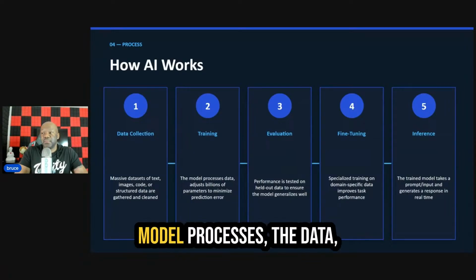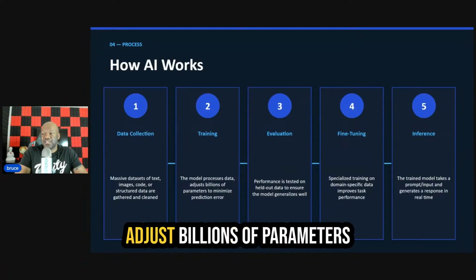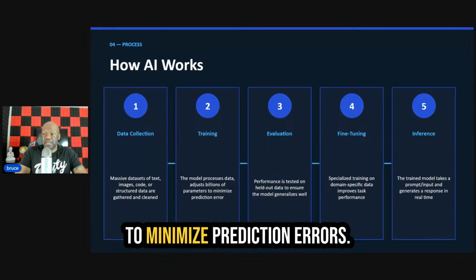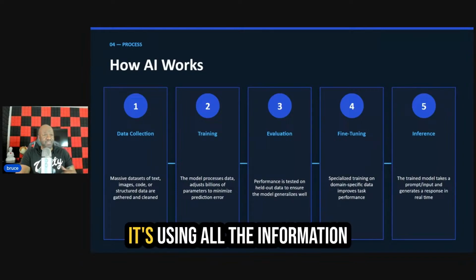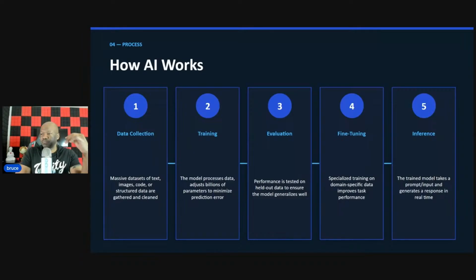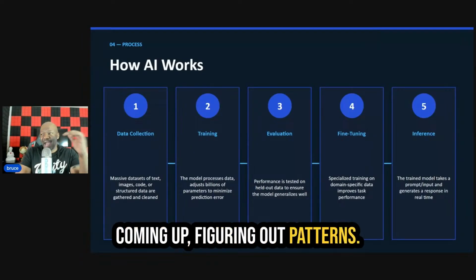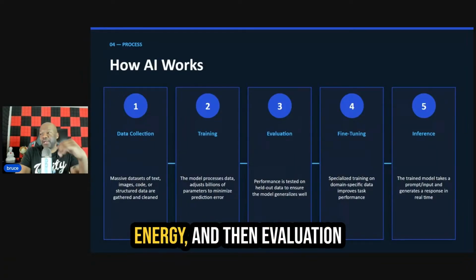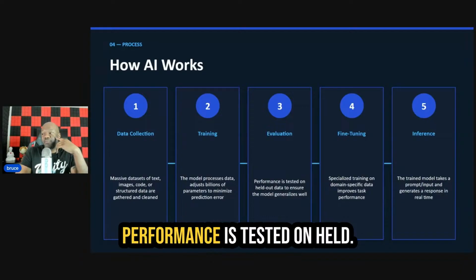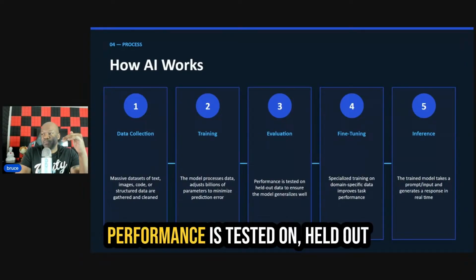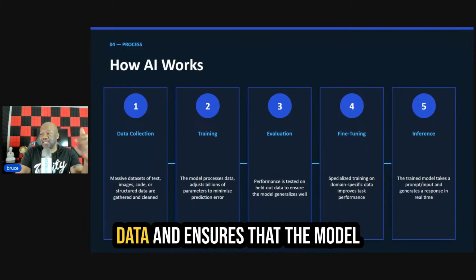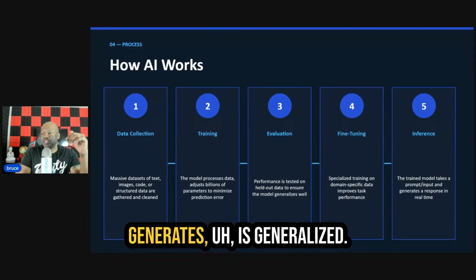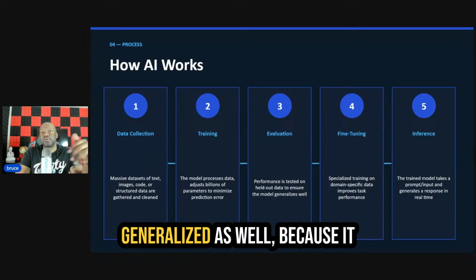And then the training, the model processes the data, adjusts billions of parameters to minimize prediction errors. It's using all the information, figuring out patterns to learn. And that takes time. It takes a massive amount of energy. And then evaluation. Performance is tested on held-out data and ensures that the model generalizes as well,